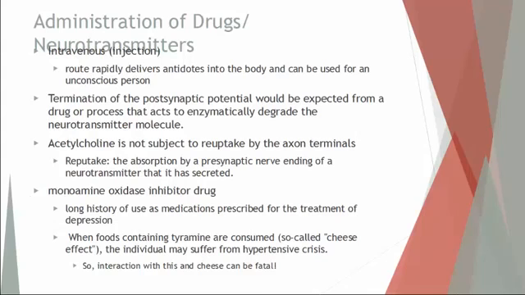Another side effect that's mentioned here is called the cheese effect. The monoamine oxidase also breaks down a chemical called tyramine. And tyramine is found in cheeses and other foods that are aged, and wine, for example. So if you were taking these drugs and ate cheese and drank wine or other aged foods, tyramine would build up in even larger quantities. So this could lead to a hypertensive crisis also. So mixing this type of drug that's meant to make you happy with a grilled cheese sandwich or a piece of pizza can be fatal.